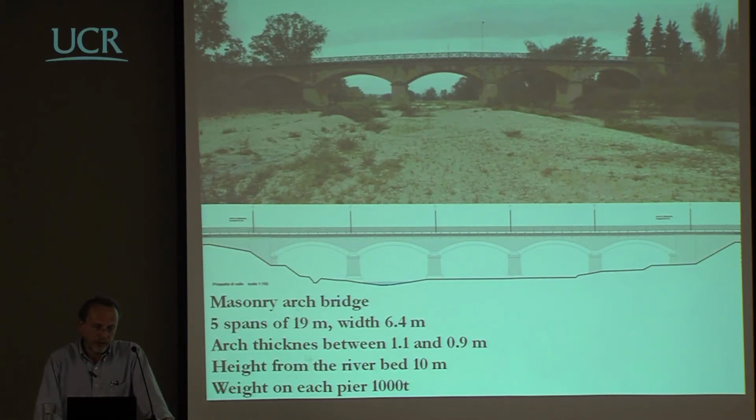There were only 5 spans of 19 meters with a width of 6.4 meters, and the thickness of the arch, the structural part of the arch here, was about 1 meter, and the height from the riverbed was about 10 meters. The weight on each pier was about 1,000 tons, of course, because this is a heavy structure. So if you have to deal with something like this in a high seismicity region, with very serious damage, and they ask you to do something in a very short time, and the very short time was 30 days,